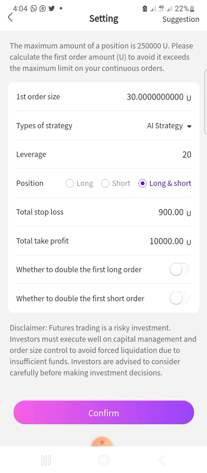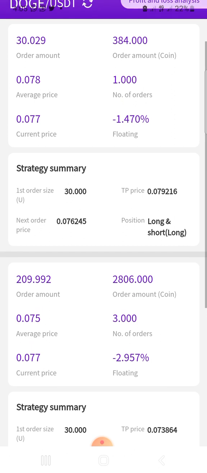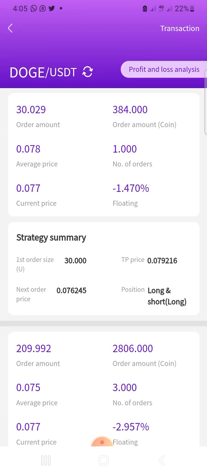Then whether to double first order, first long order, first short order, leave those ones unchecked. Then confirm. When you are done, confirm. Now you have set up the Doge to do an initial order of $30, and don't forget that you allocated $300. But this $300 that you allocated to the bot is not 300 in reality, because you chose a leverage of 20. So that means you are trading with 6,000. 20 times 300, which is